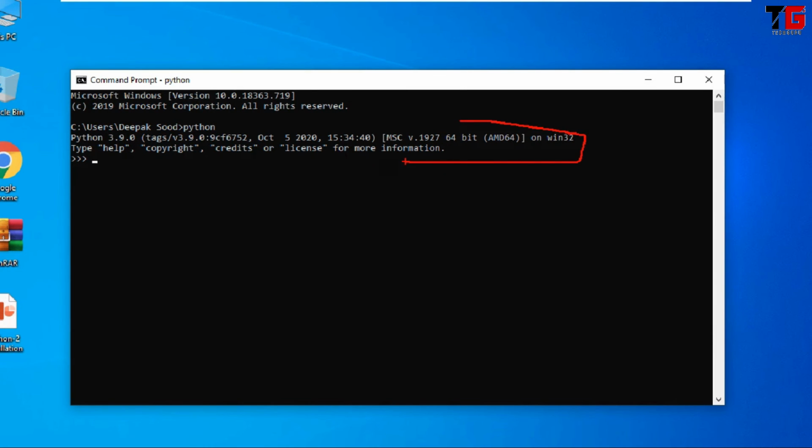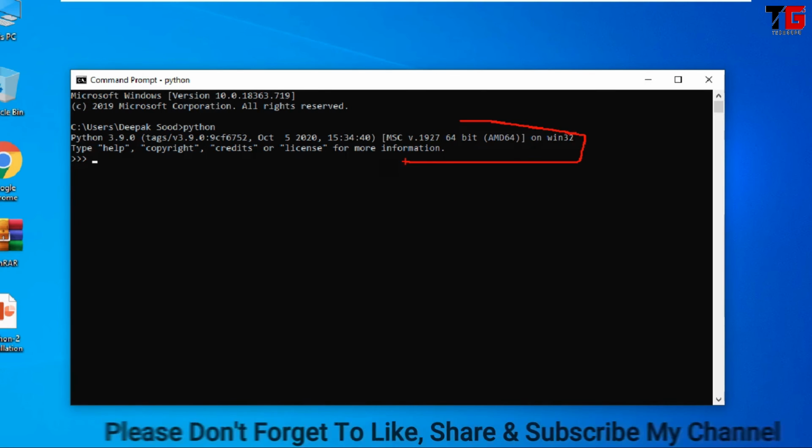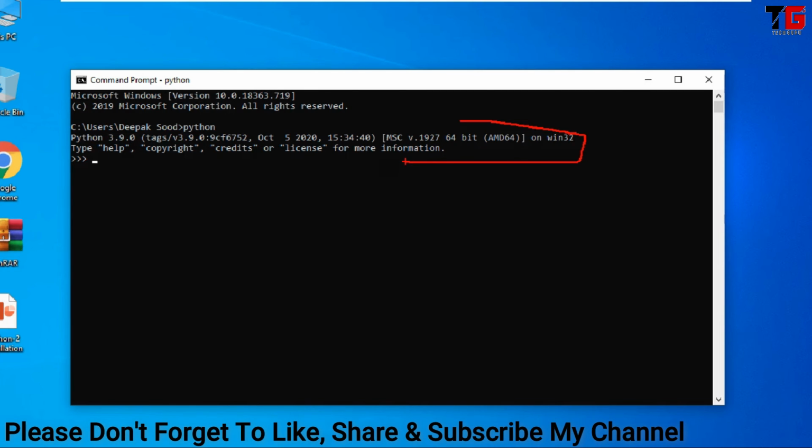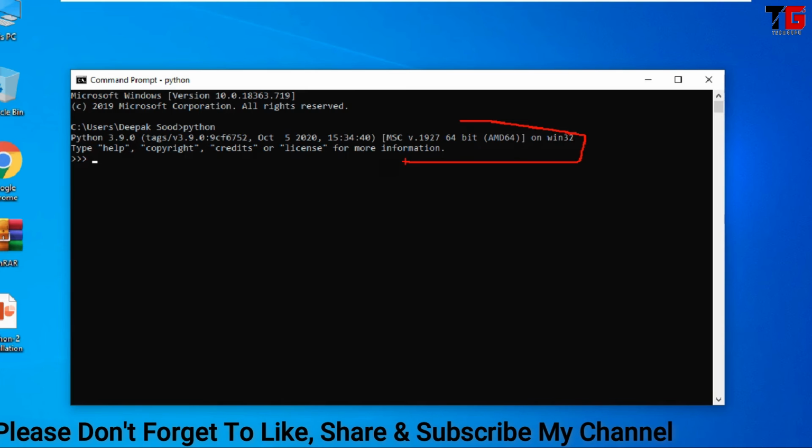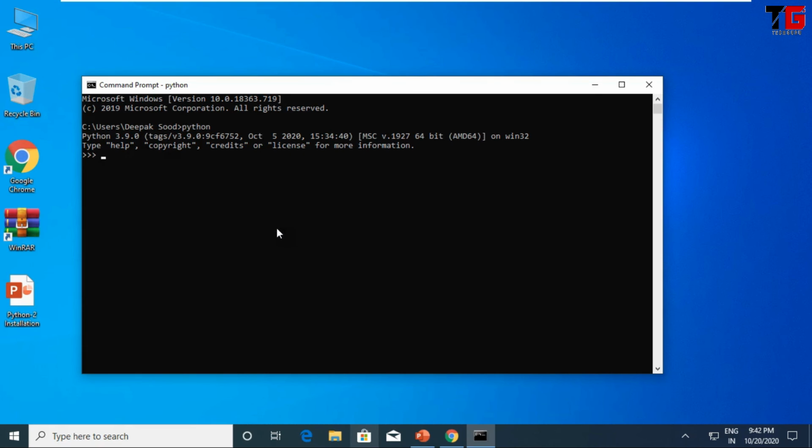I got this output because I have already set the path. If you remember, at the time of installation, I ticked on the box Set Path. Alright, now we can run any Python command here. Just see, I have typed my print command and I press enter. And I got the output.